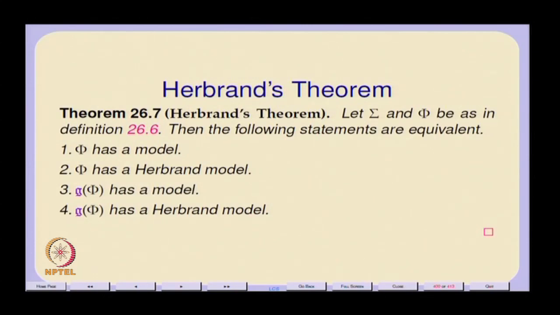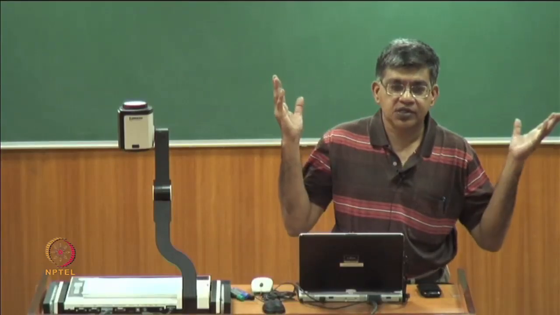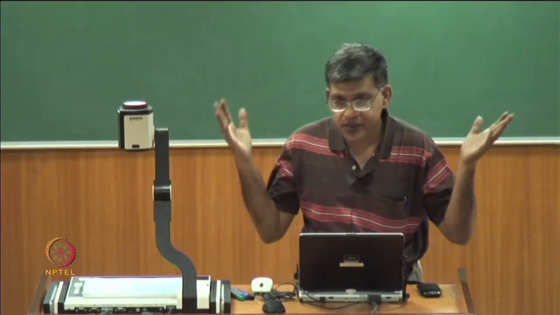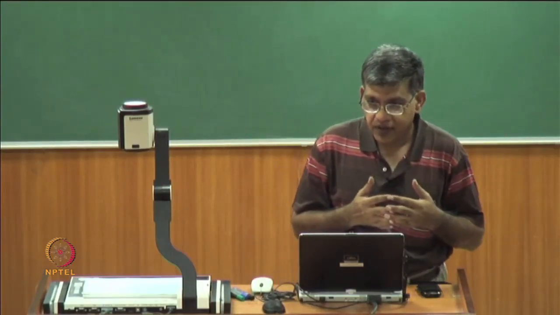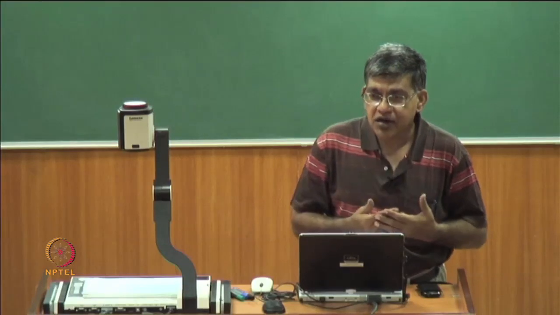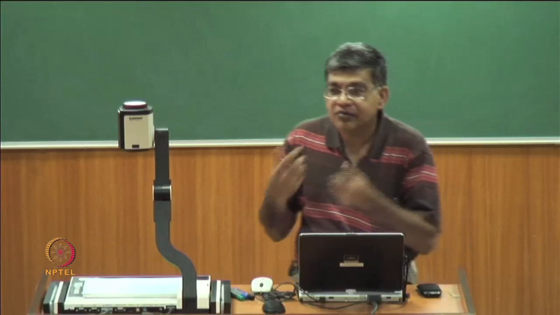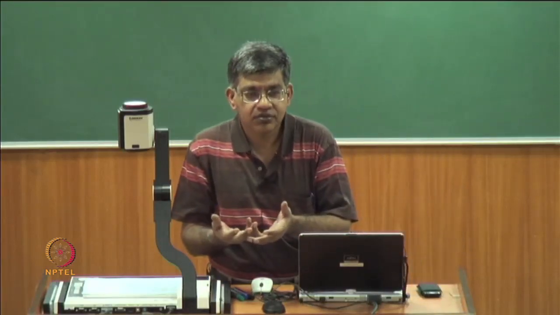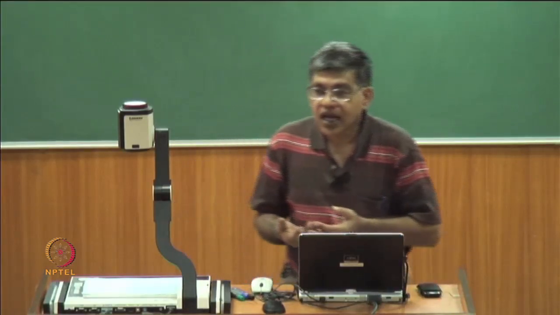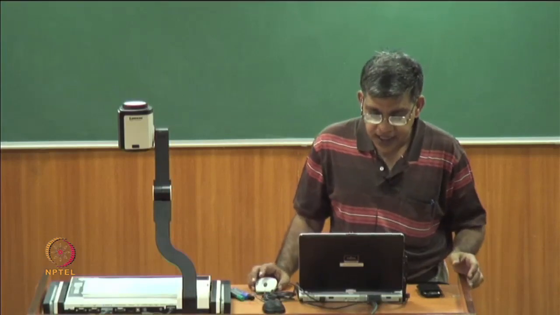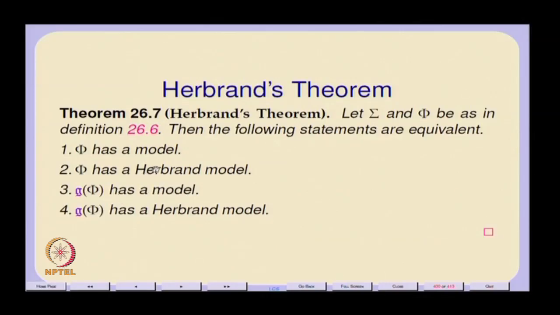Firstly, given a set of axioms, you do not need to look at the space of all possible mathematical theories to find it. If there is a model anywhere in that space of mathematical theories, then there is a Herbrand model also, right. Secondly, what it says is that I do not need to look at